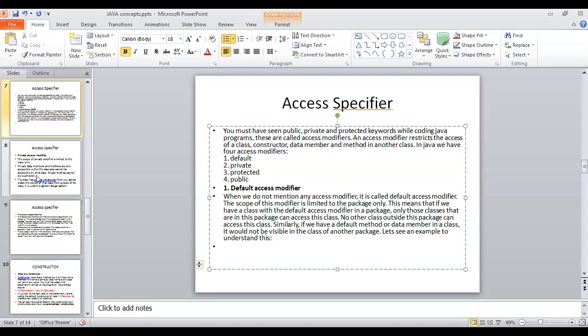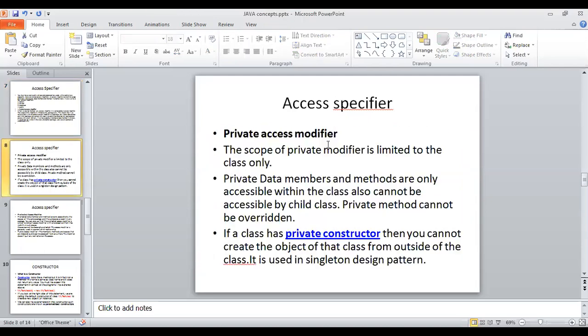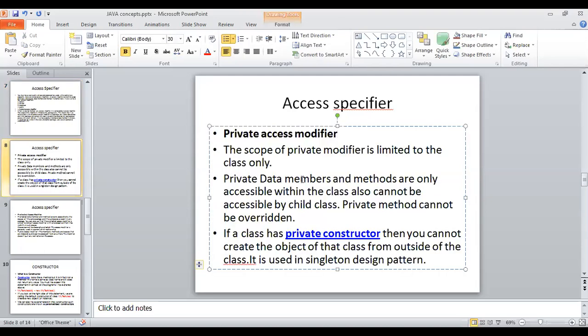Okay, if you see the private access specifier, it is much narrower, and the word private itself demonstrates it. The scope of a private modifier is limited to a class only. Any method or variable we define as private can only be accessed by that class.